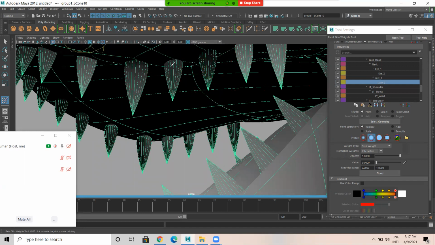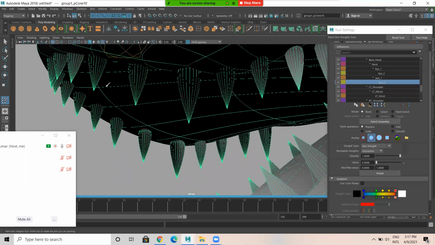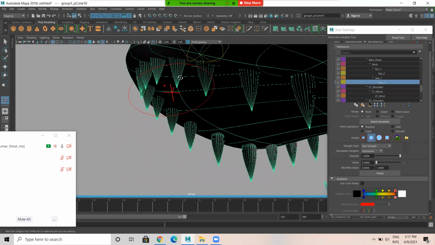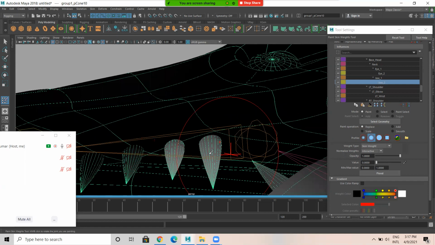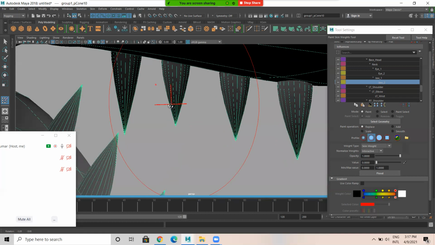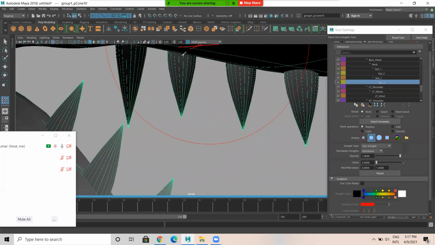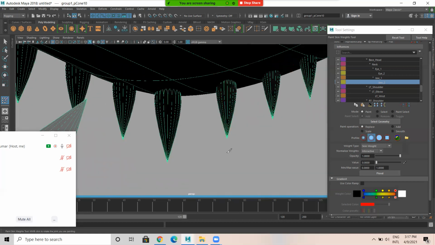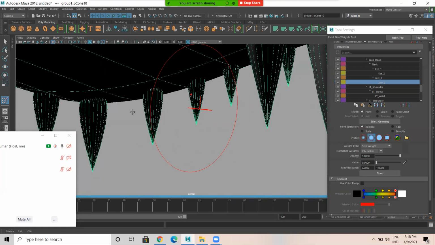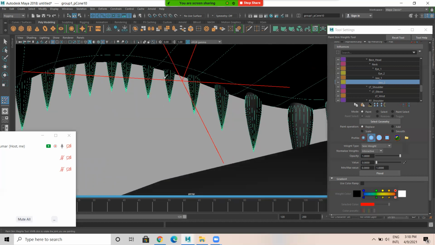That we'll learn in advanced. Make sure even light gray color also should not be there. It has to be completely black.